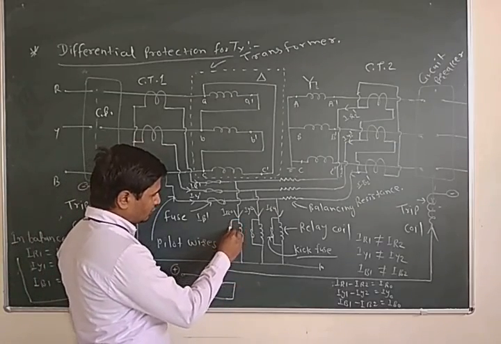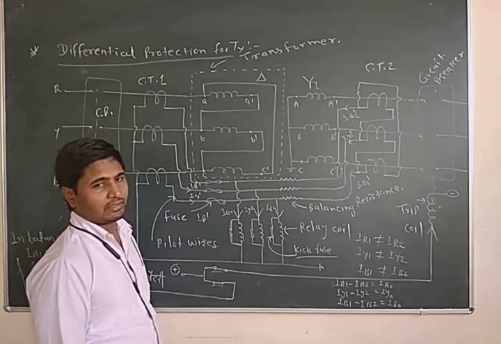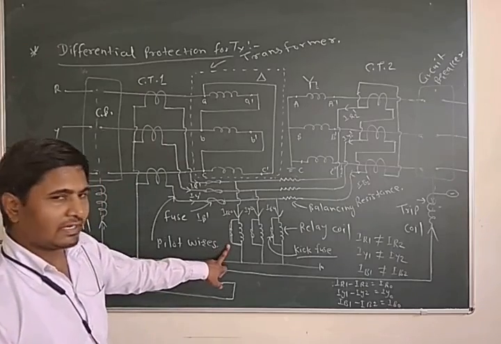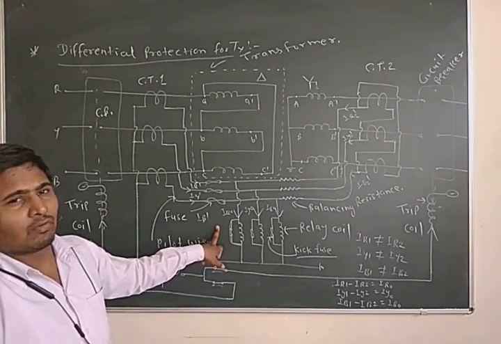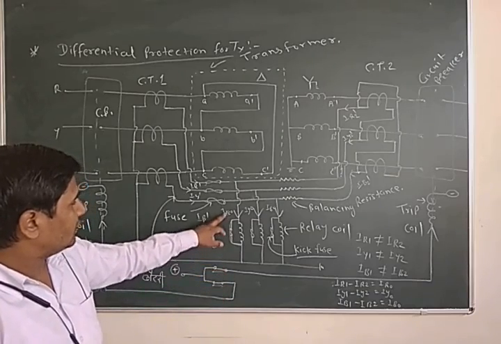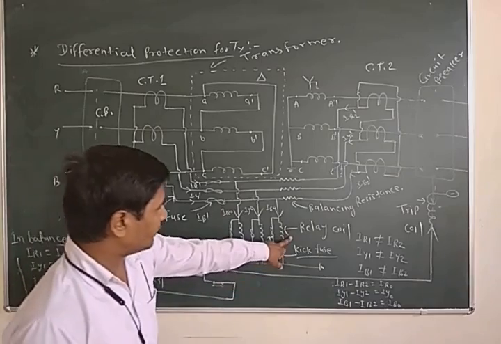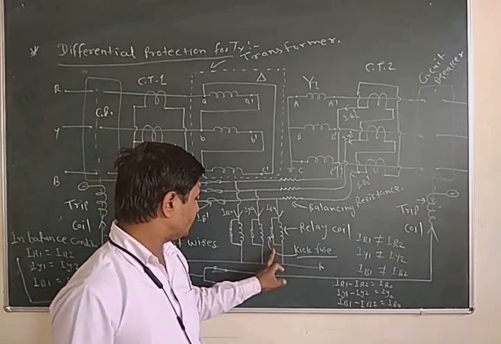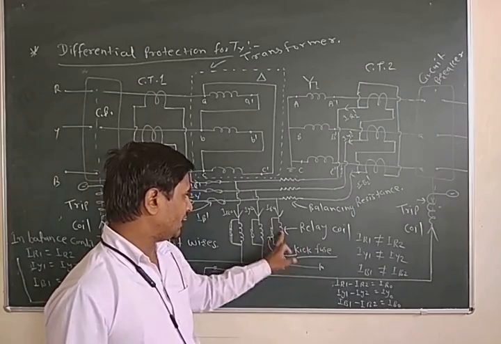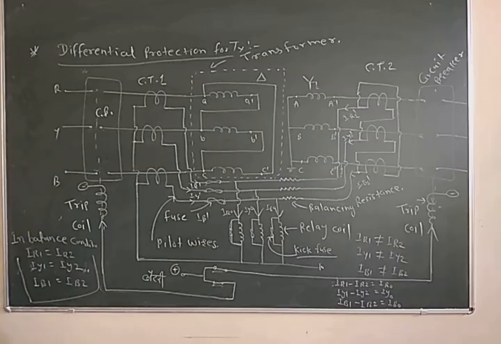These fuses are used in case of sudden fault conditions, such as inrush current. Inrush is a transient phenomenon, only for a short time. In these conditions, the kick fuse shorts the relay operating coil and avoids false operation of the relay. So this is the application of kick fuses, which are required in parallel with relay operating coils. In this class we have discussed each part of differential protection used for transformer protection.